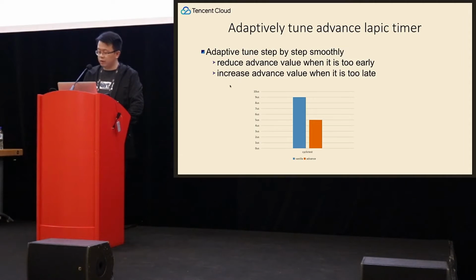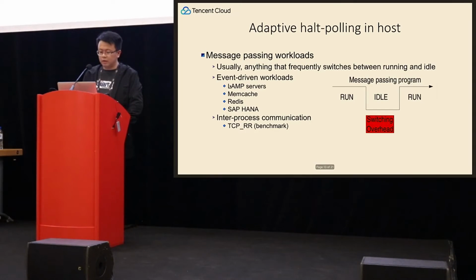I didn't enable the kernel preemption in both guest and host. The average cyclictest latency can be reduced from 9 microseconds to 5 microseconds. The last one is adaptive halt-polling in host and guest. Message passing workloads were mentioned by Rik from Facebook, Marcelo, and David from Google several